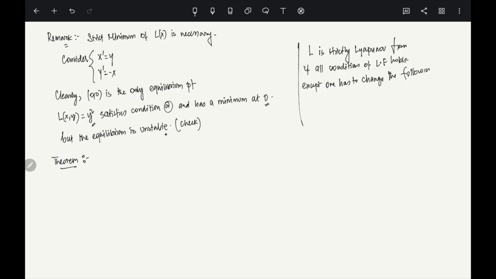The first condition, gradient of L of x acting at f of x, that should be strictly less than 0. Earlier it was less than or equal to, so it was non-increasing, but now I want this to be strictly decreasing. So now the theorem says that if the equation x prime equals f of x admits a strict Lyapunov function,